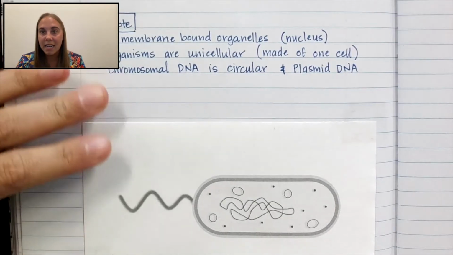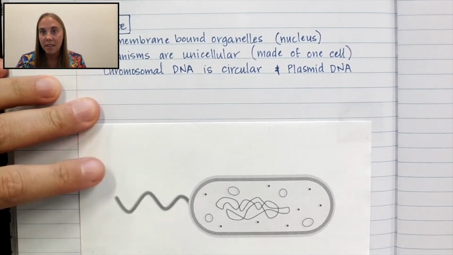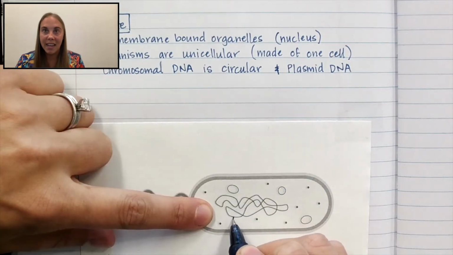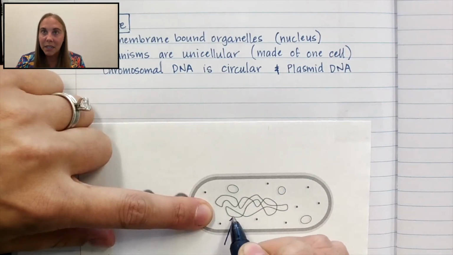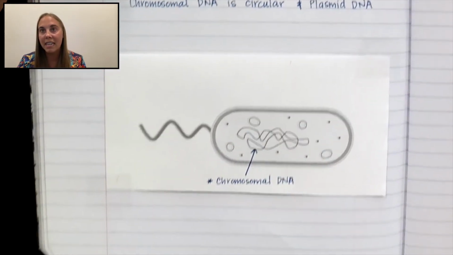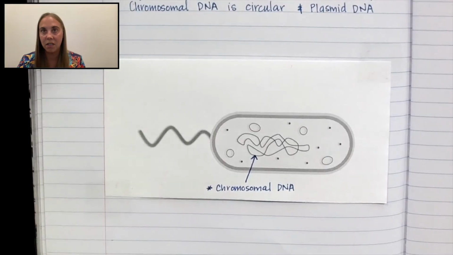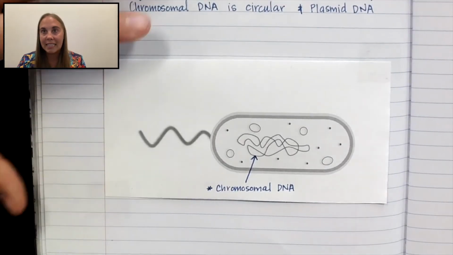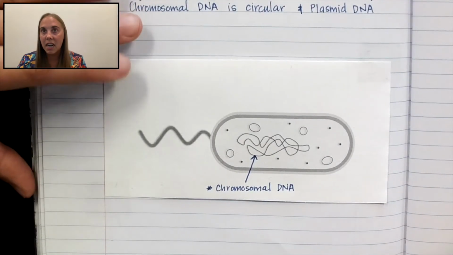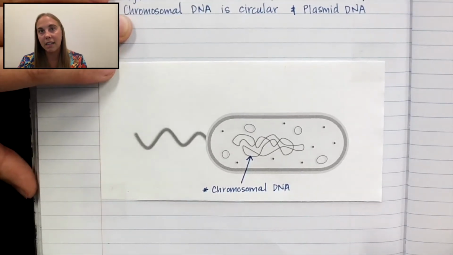Okay, take a minute to draw this basic prokaryotic cell. Now that you've done that, the first thing that we're going to do is label in this cell the chromosomal DNA. Notice that it's just one big tangled circle. Your chromosomal DNA is in those X's, like I said earlier, but you have chromosomal DNA and prokaryotes have chromosomal